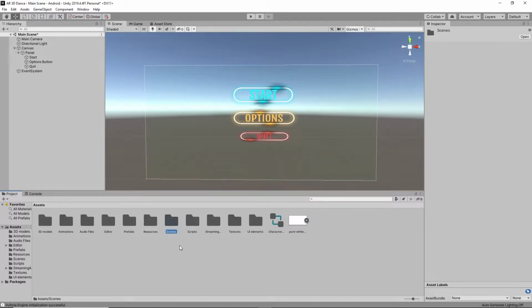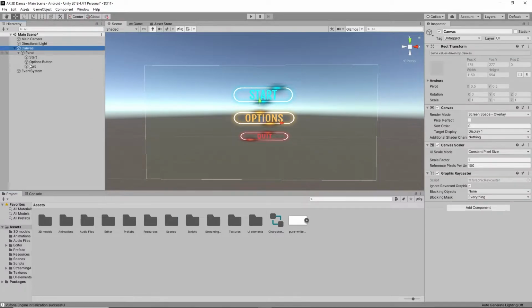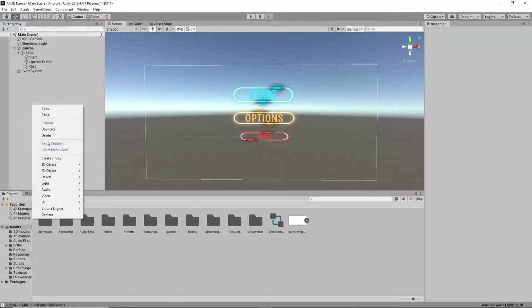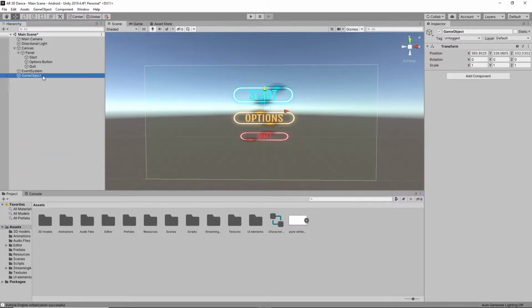Each character contains a different 3D model, so you have to set that. In this start button, if I click on start, it has to ask me which character I have to choose. To do that, first create an empty game object and set it as main scene or main UI,